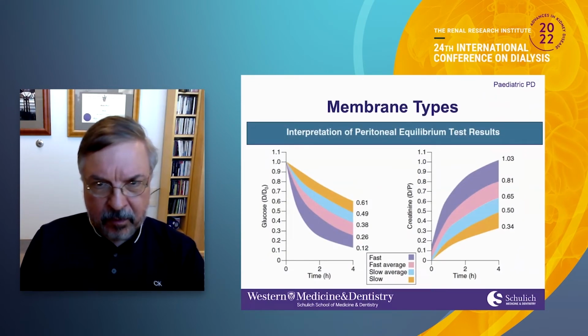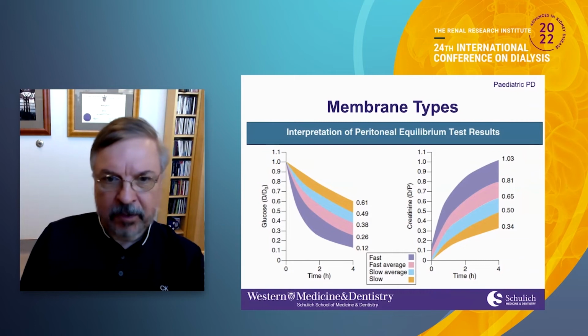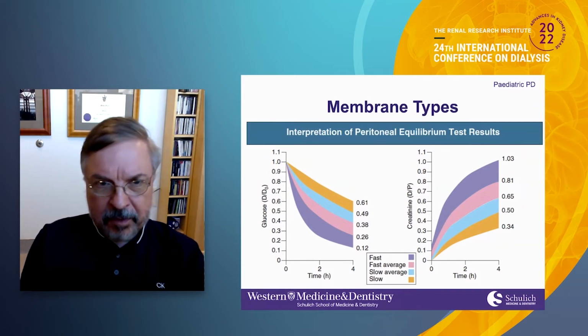So you can, of course, determine what type of membrane you have with a peritoneal equilibration test. We do the standard 4-hour test, and we are obviously looking at the disappearance of glucose and of the increase in the PD fluid with creatinine and urea. And as you all know, there are 4 types: fast, fast average, slow average, and slow. And in children, next,